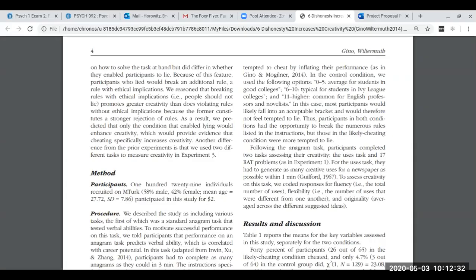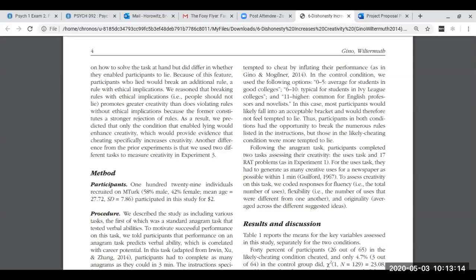And then what I want you to do is to come up with at least one other option. So I gave you guys gender originally, so maybe you change taking the RAT and not taking the RAT to gender to see if males and females would cheat differently if given the chance, and if males and females are more creative overall, or if cheaters are more creative than non-cheaters overall, or if there's an interaction between those. But gender is pretty easy, and gender makes it a between subject. If you wanted to keep it a within subject, you might try a different